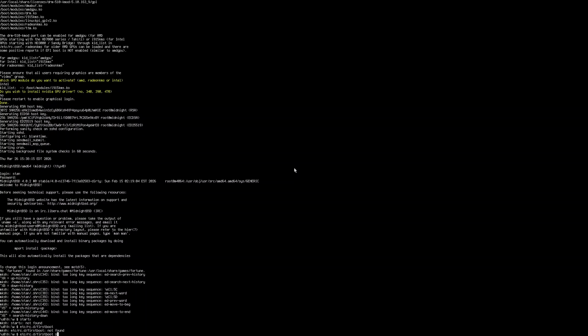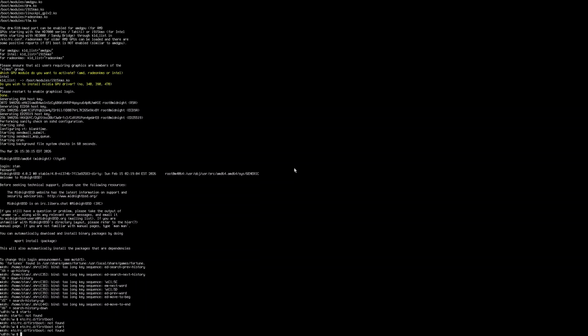First boot start. Oh, okay. Well, that's just great. So the documentation for MidnightBSD is also outdated. That's just great. Don't tell me I have to manually install a desktop environment, because I'm not doing that.